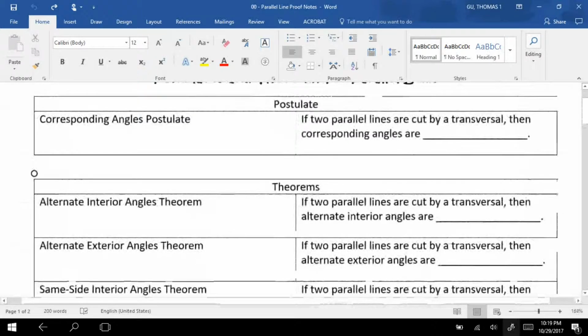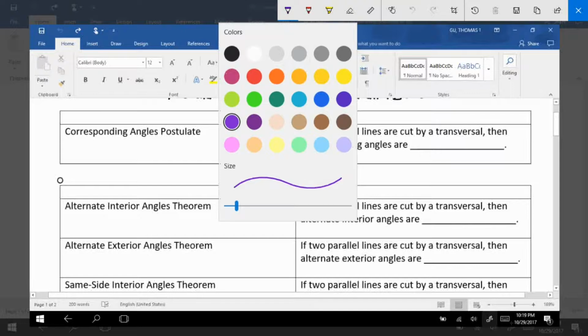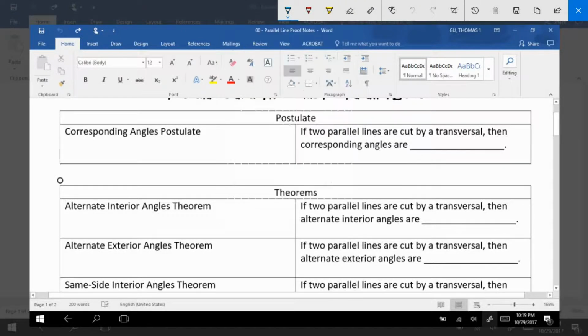Okay, there we go. All right, the first one right here is corresponding angles postulate. Remember, the postulate for corresponding angles, which means the special rule we can use, is if we have two parallel lines, so these are parallel, and I'm going to mark them with my special parallel line symbol, and then they are cut by a transversal,